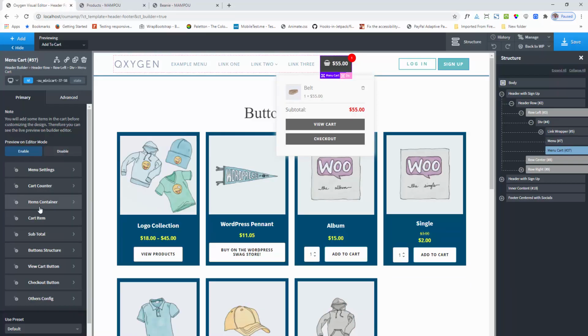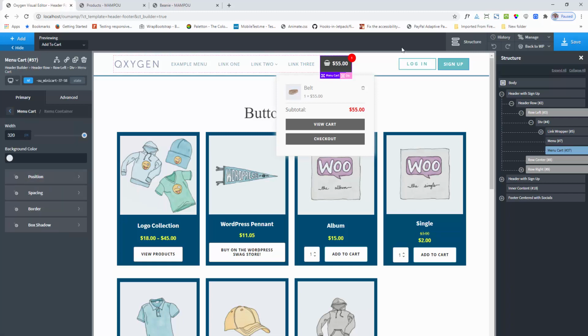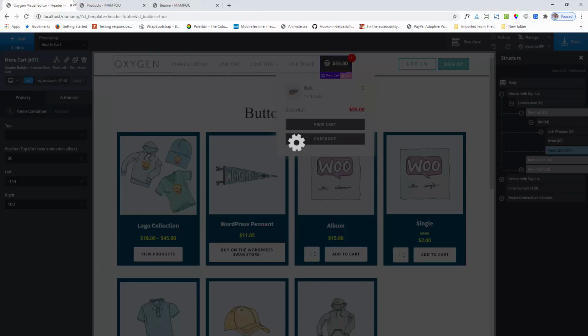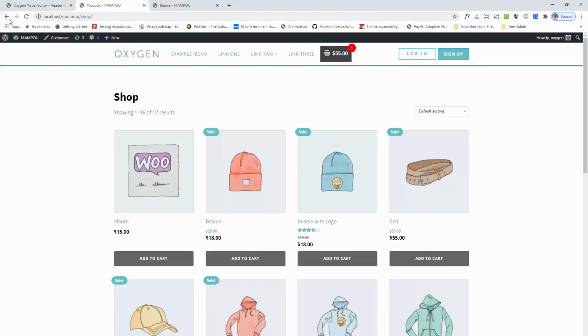Next, the cart count container. Okay, this is the cart container, meaning this whole wrapper. You can adjust the width, background color, and also positions. I did not set the position, but here is the position for the animation effect. Right now I set 30. I am setting 80 and seeing how it is working.